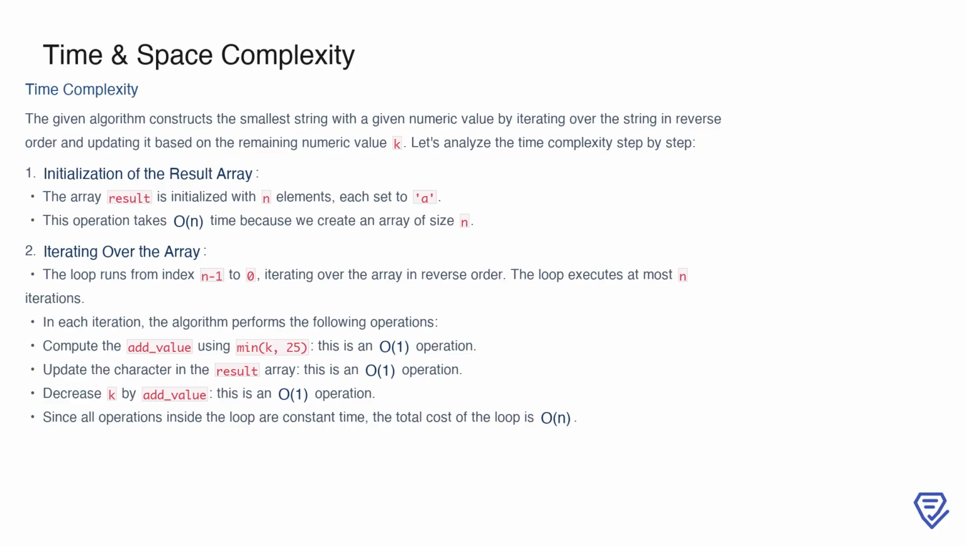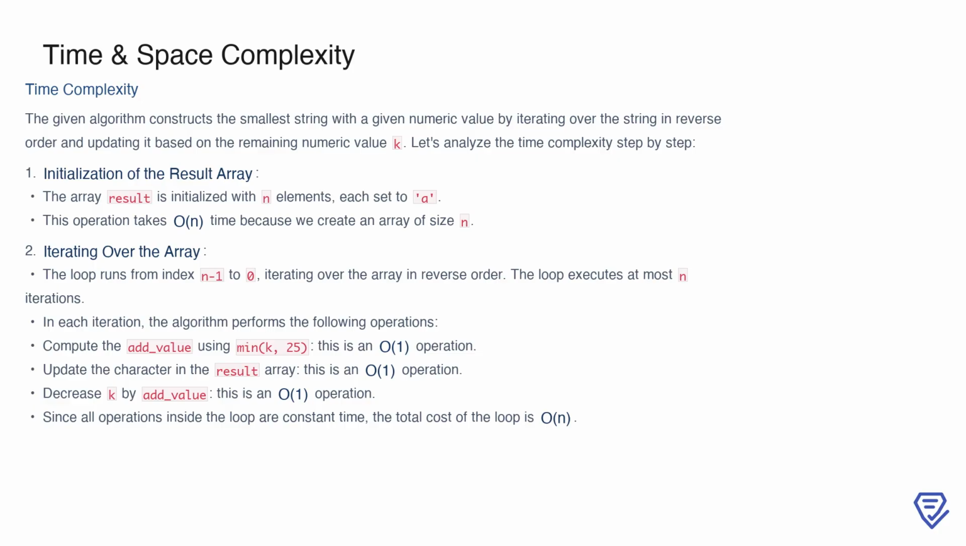The time complexity of this algorithm can be broken down into several steps. First, we initialize the result array with n elements, each set to 'a'. This operation is straightforward and takes O(n) time since the array has a fixed size of n. Next, the main part of the algorithm involves iterating over the array in reverse, starting from index n-1 and ending at index 0. This loop executes at most n iterations, and within each iteration, we perform 3 constant time operations,